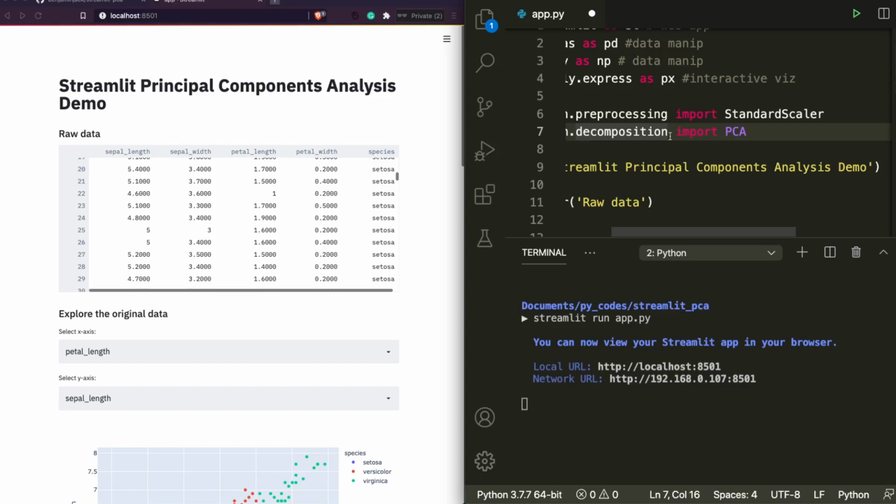PCA saves your data science problem from the curse of dimensionality. That's one thing. And in a lot of business cases, you tend to use PCA even if you do not want to reduce the dimension. For example, let's say you want to create a business index from a bunch of values, and then you want to manually give weightage. A lot of times what happens is you might give equal weightage, average weightage, but if you use PCA, then you can actually